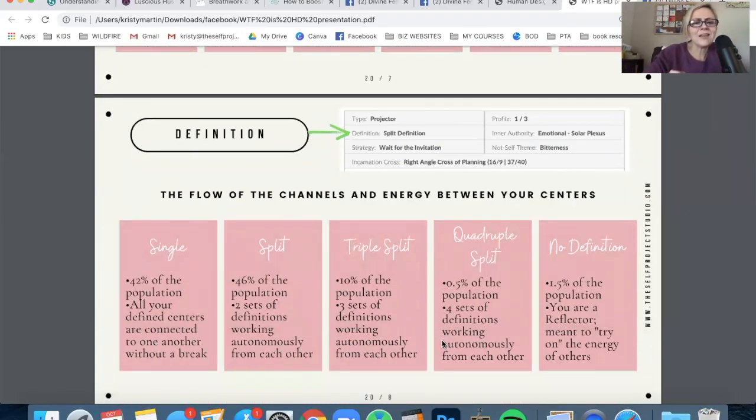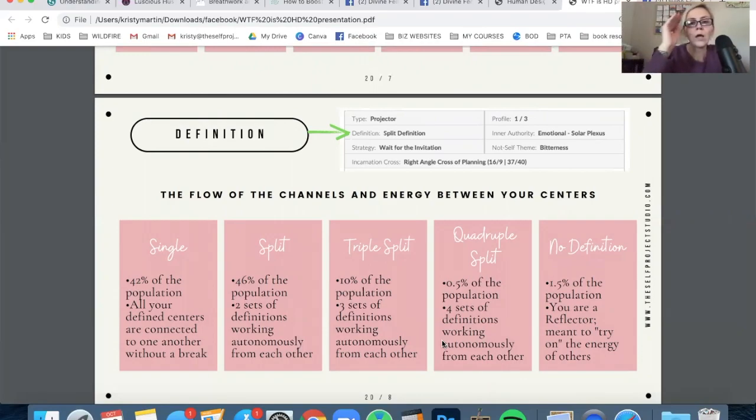So your definition really just means the flow of your channels and the energy between your centers. So your channels are all those little like street lines, or I like to call them road streets, that you saw going in between the centers. And some are red, some are black, some have no color at all, some are striped. We are not going to dive into like what all of that means right now, but just know those are the channels. And if you have one that's like completely connected, whether it's colored in, whether it's striped, whether it's red, whether it's black,